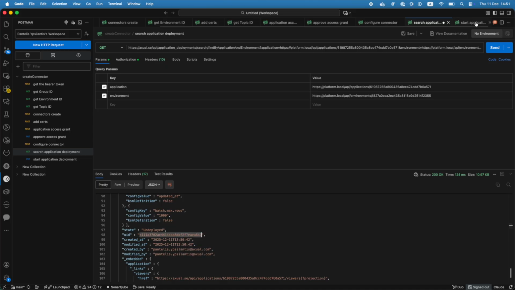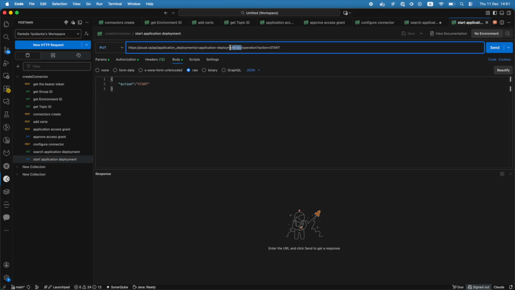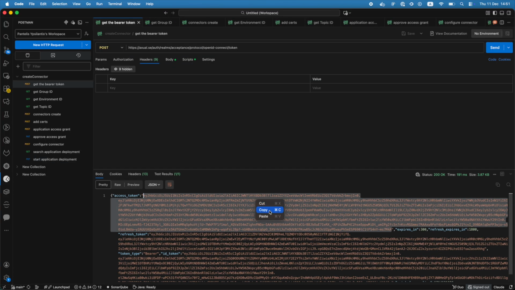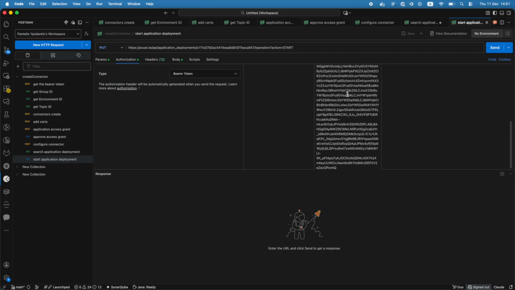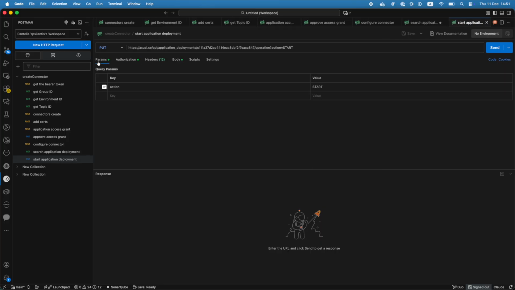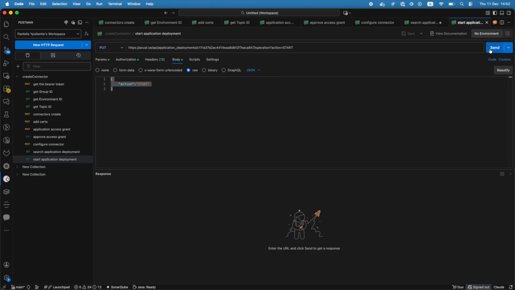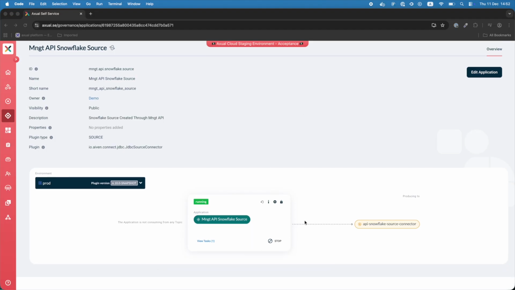Copy the UID and move to the start application deployment call. Replace the UID in the URL, add the JWT token as well, and send the request. Now our application is up and running, so we can move